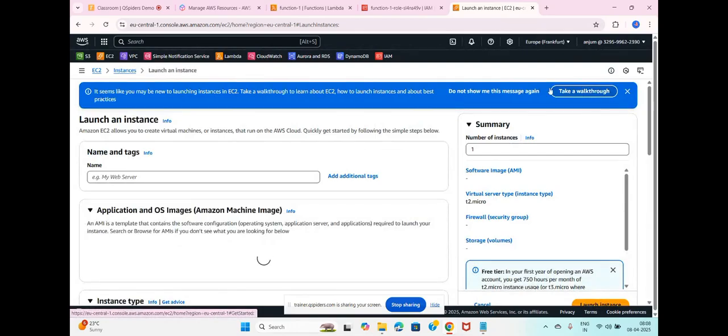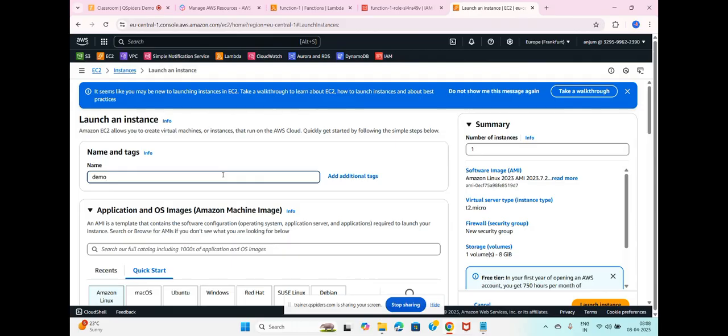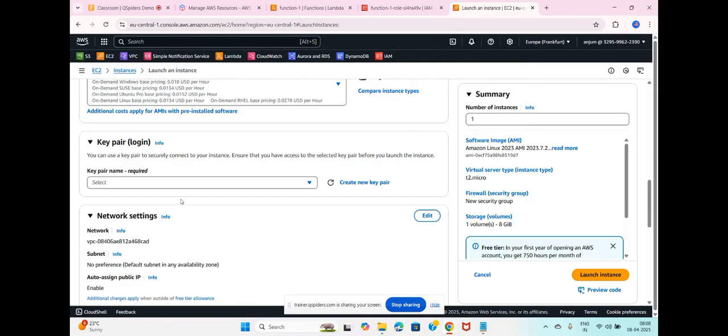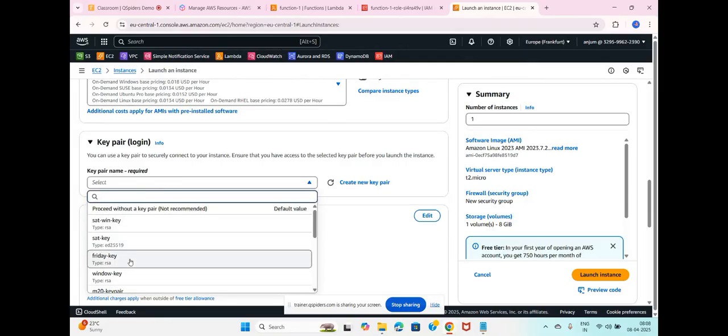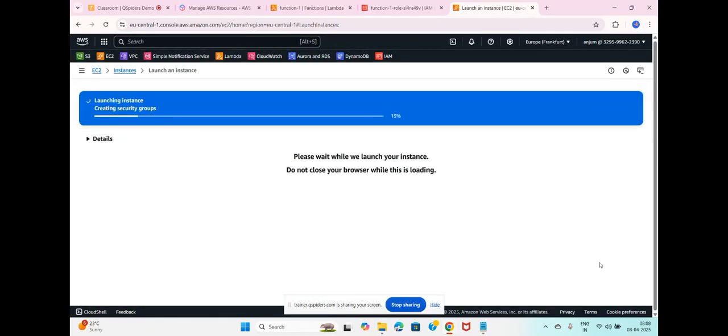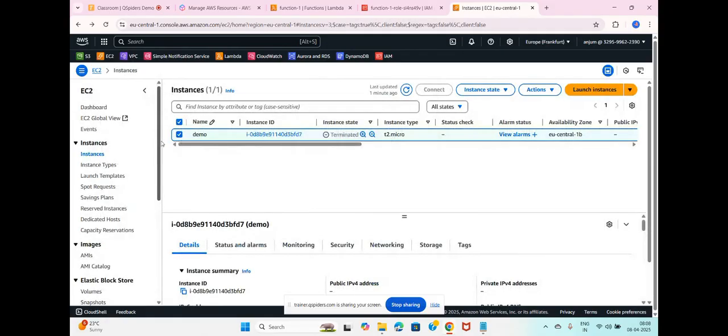I'll launch one more instance. Demo. Launch the instance. So I have launched the instance.